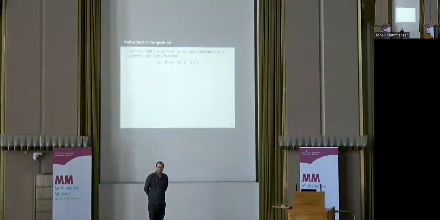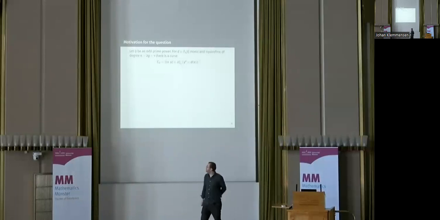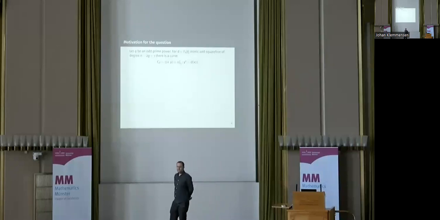So this will have a bit of a different flavor, but hopefully there will be an analogy that's somehow visible. So I want to fix an odd prime power q, and I want to look at, again, monic polynomials with no repeated roots. You have to interpret repeated roots as meaning over any field, not just maybe over F_q. And let me say of odd degree again, degree 2g plus 1. Then we can write down the exact formula that I wrote down before. I look at pairs x, y, such that y squared is D of x. But now we're not thinking of x and y as being complex numbers. We're thinking of x and y as being elements, if you like, in the field F_q, or maybe elements in any field that contains F_q.